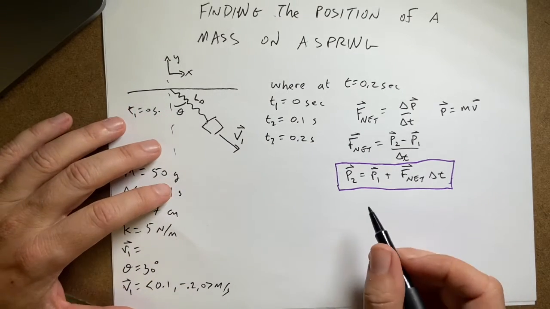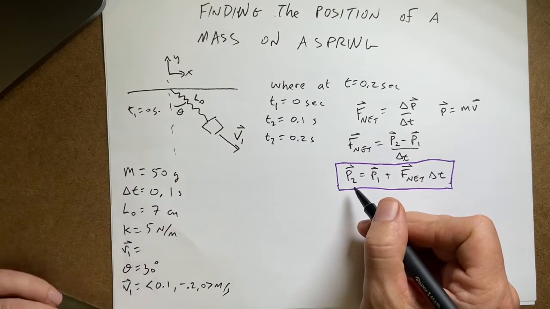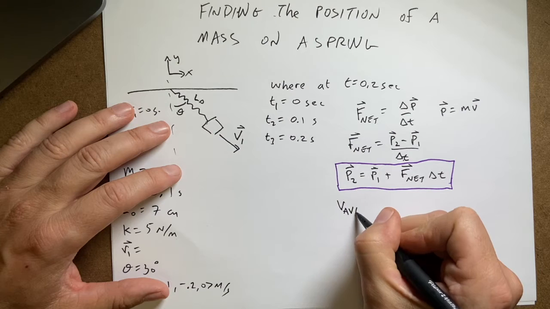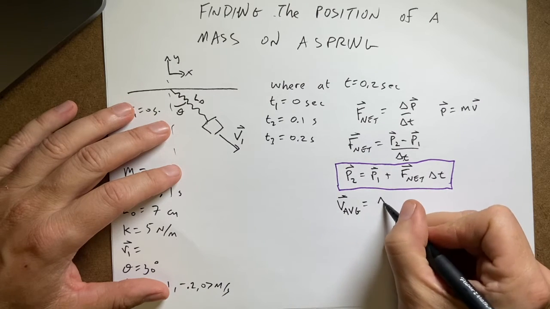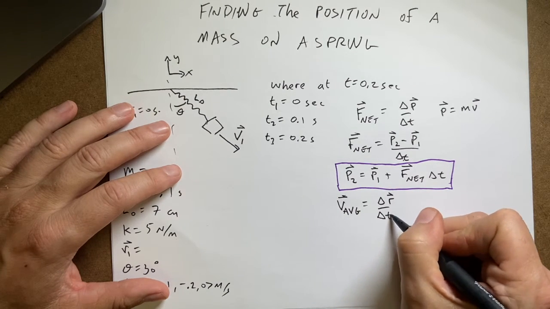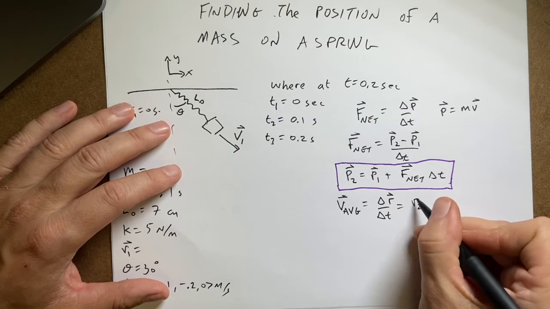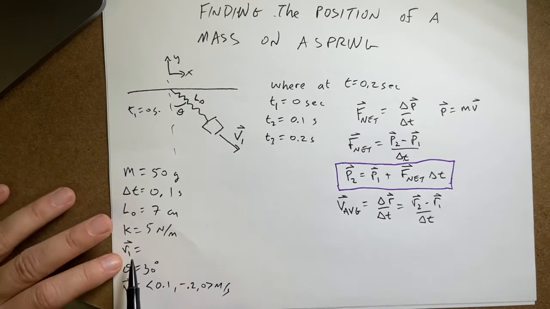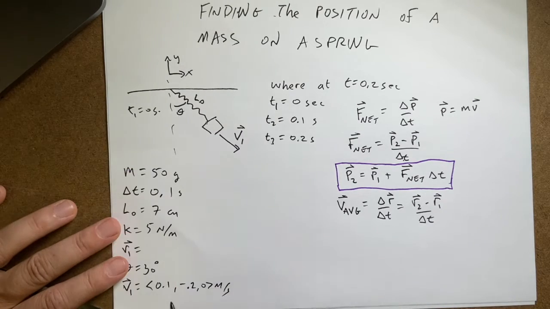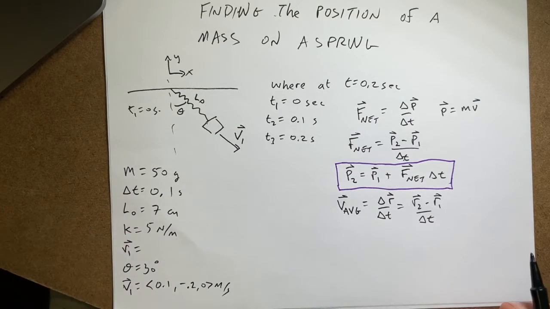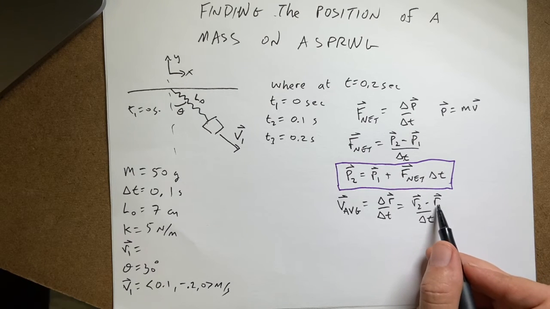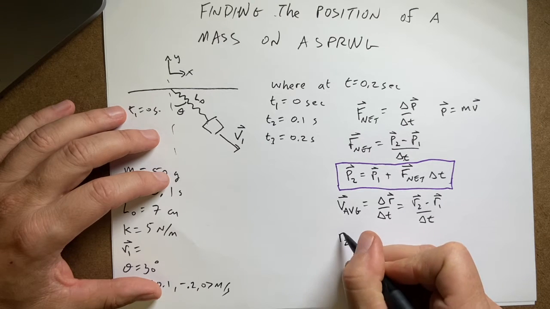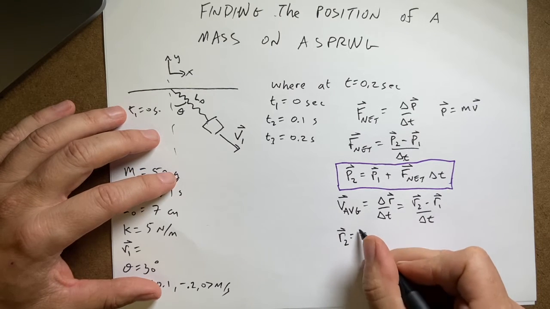So where is the object going to be at time 2? Well, let's start with the definition of average velocity. It's the change in position, delta r over delta t, which is equal to r2 minus r1 over delta t. So r1, I didn't write it out, but I can find that. I'm going to find that for you. So I'm just working out the generic stuff here. So if I do the same thing, multiply by delta t and add r1, I get r2 equals r1 plus